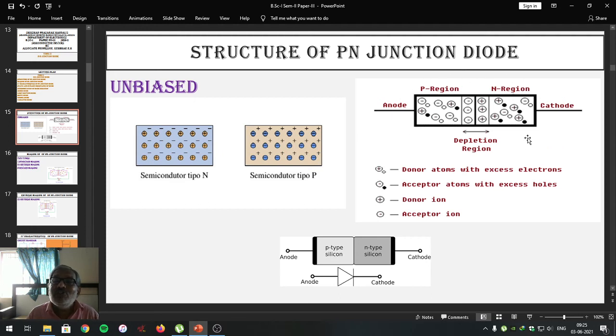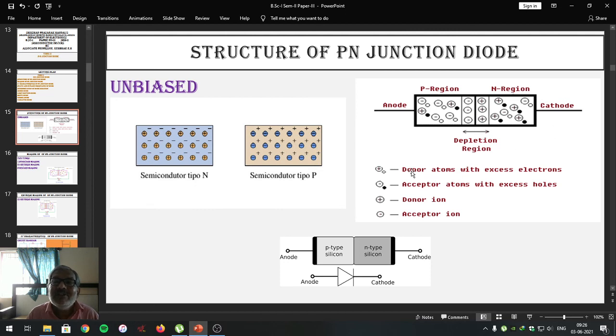This PN junction diode so formed is unbiased, meaning no power supply is provided to this particular PN junction diode. It is called the unbiased structure of the PN junction diode. In an unbiased condition, the PN junction diode doesn't conduct current. As there exists a barrier potential and depletion layer between the P region and N region, no charge carriers are going to cross this barrier. Hence, in unbiased condition, the PN junction diode doesn't conduct current.